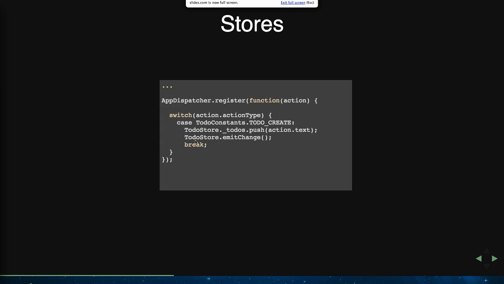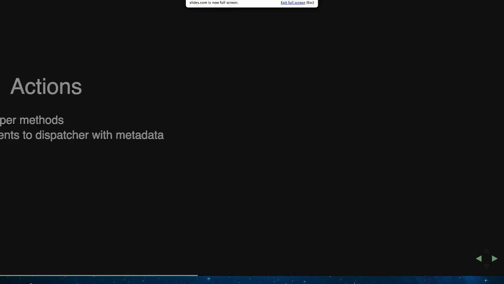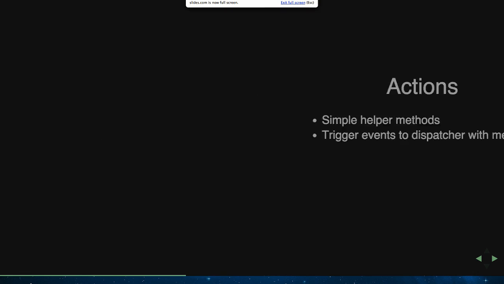And yeah, actions, which I already talked about quite a bit. Actions are kind of the most simple thing. Okay, cool. So yeah, actions are simple helper methods, and all they do is they trigger events to dispatch with metadata. So say if you have a to-do store, you do, let me just